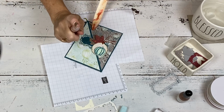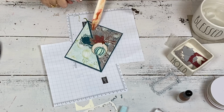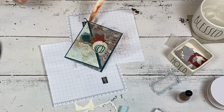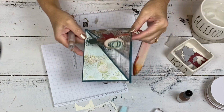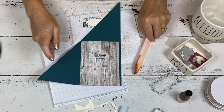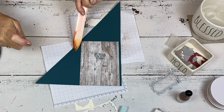And then you just want to press, but you don't want to press too close to your card, and they need to be quick pumps. Let's see how pretty this is. Now it has a little bit of shimmer, but I also wanted to open it up, and this is the other reason I wanted to switch to the peacock, because I did it on the inside of the vanilla, which is pretty. It kind of looks like shimmer paper,